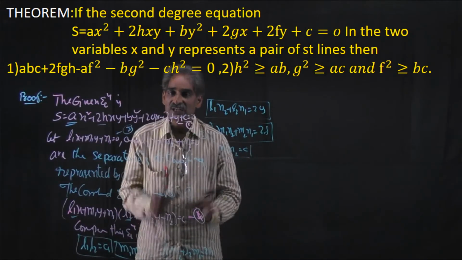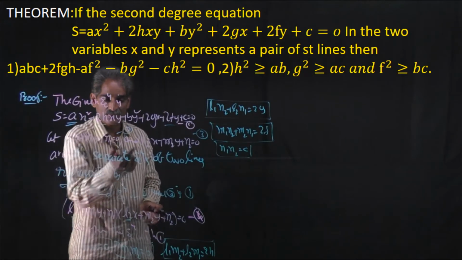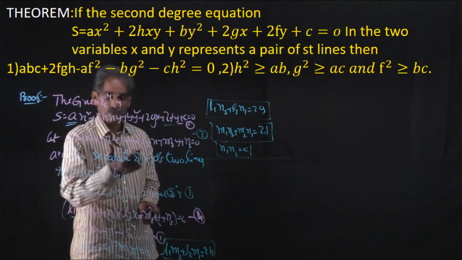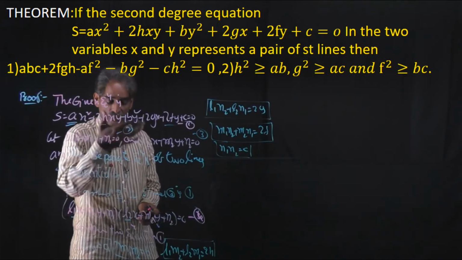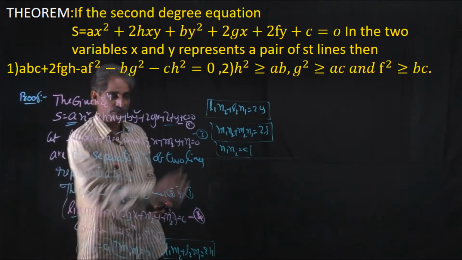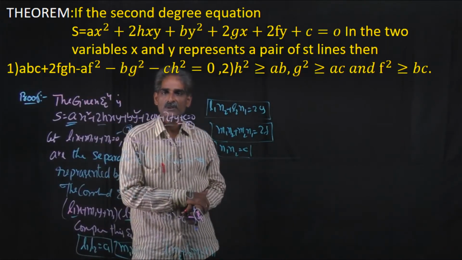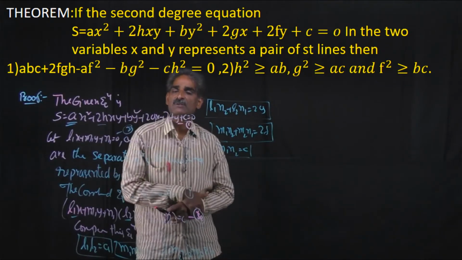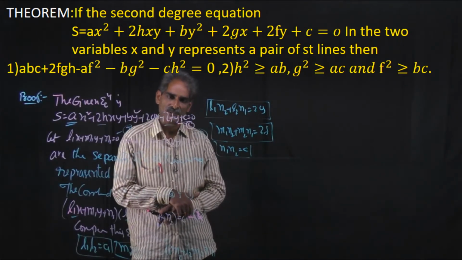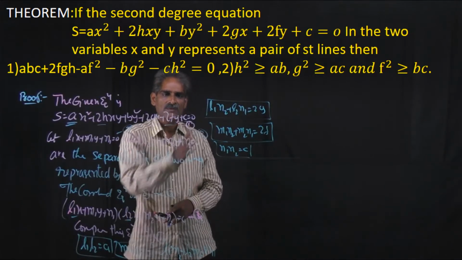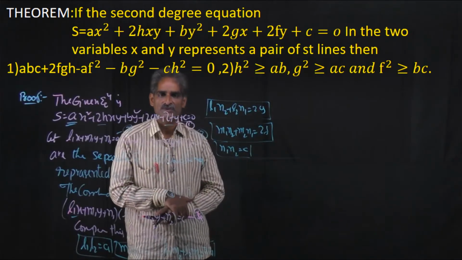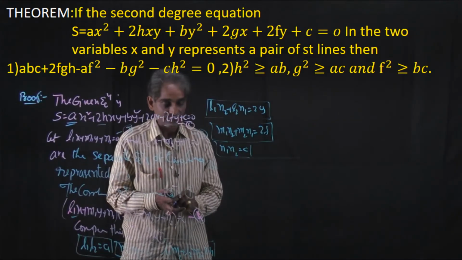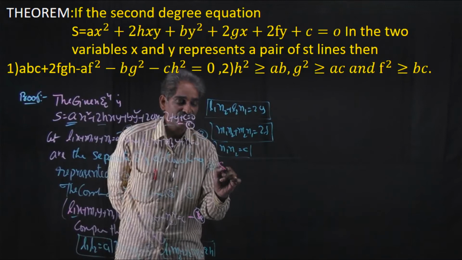These are the relations between the given pair and the separate equations. This is the combined equation of the two separate equations, so this is nothing but 1. So now comparing 1 and 4, we will get these 6 relations. Okay, now with the help of these, we have to prove the first condition abc plus 2fgh minus af square minus bg square minus ch square equal to 0. And after that, we have to prove the remaining 3 conditions. Understand? So for the first condition, consider